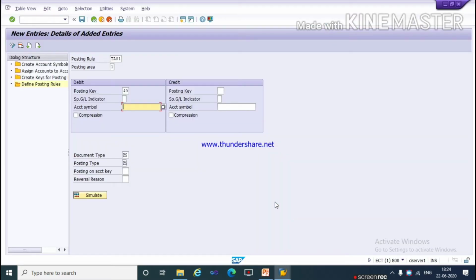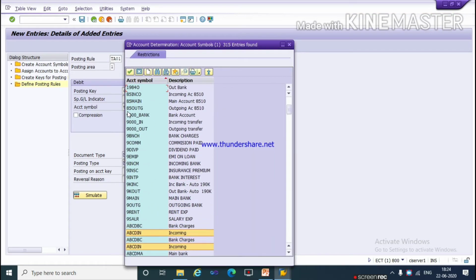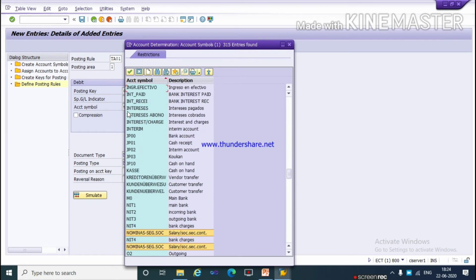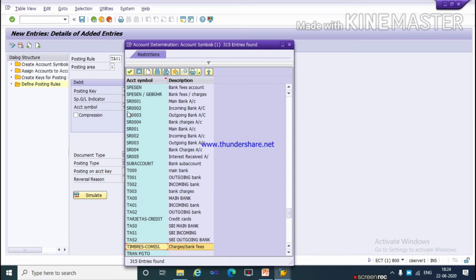So we will assign account symbol for main bank, that is TA00. If you do not remember, you can see the list by pressing the F4 key. TA00 for main bank, which we defined in my previous videos. If you are new and didn't watch my previous videos, firstly go and check them.